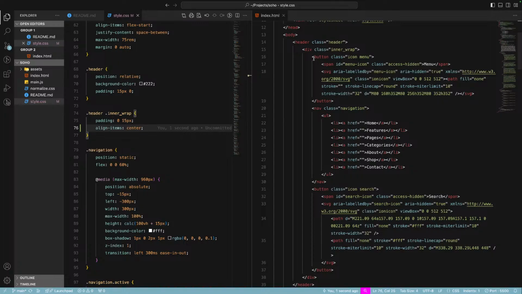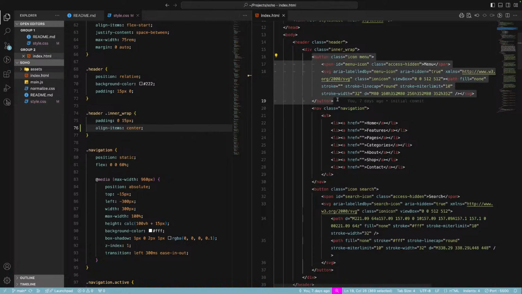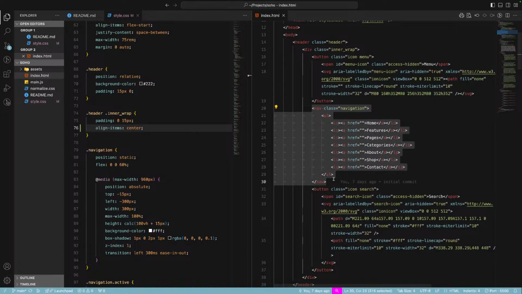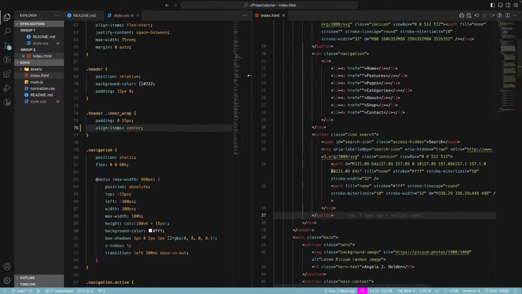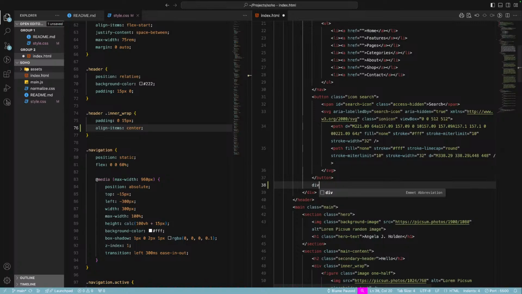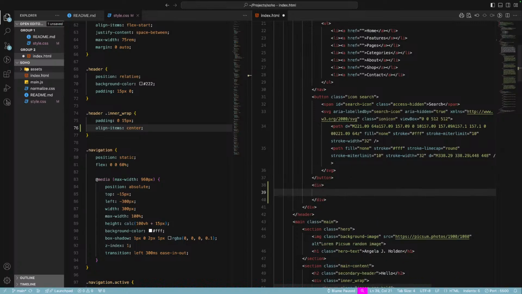If we have a button right here for the menu icon, and then we have the drawer for the navigation directly next to it, basically inline in the DOM, I think we need to do the same thing. So directly after the button here, let's go ahead and add a div, and I'm going to give this a class of search drawer,